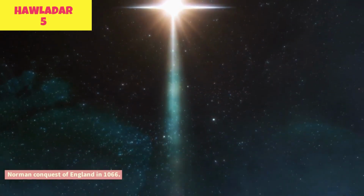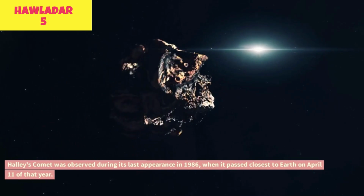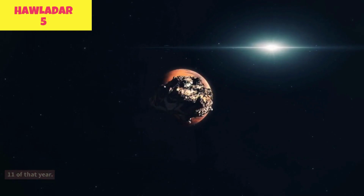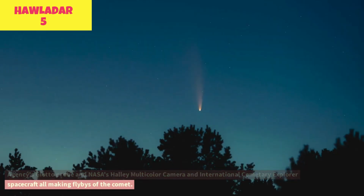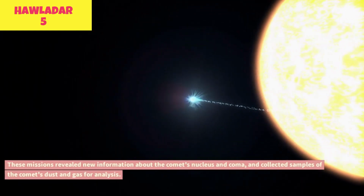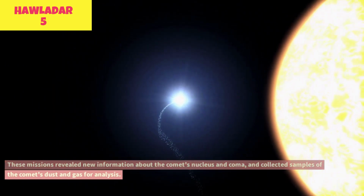of England in 1066. Halley's Comet was observed during its last appearance in 1986, when it passed closest to Earth on April 11 of that year. This was the first time a comet had been observed in detail by spacecraft, with the European Space Agency's Giotto probe and NASA's Halley multicolor camera and International Cometary Explorer spacecraft, all making flybys of the comet. These missions revealed new information about the comet's nucleus and coma, and collected samples of the comet's dust and gas